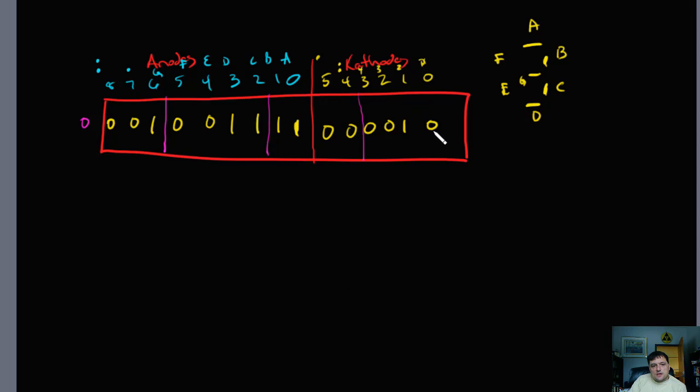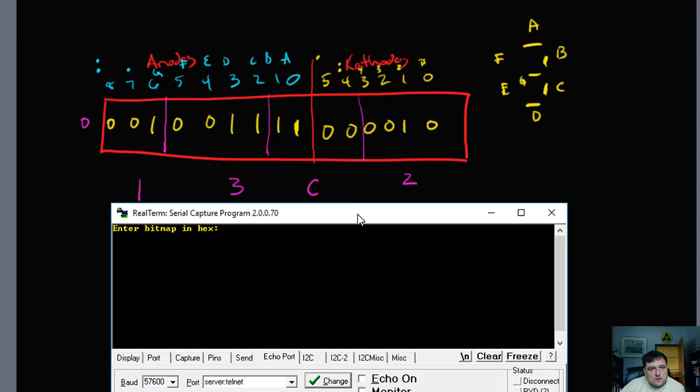Turning this into hex, that's a 2. There's a 1, 2, there's a 4 and an 8. 4 and 8 is 12, and in hexadecimal, that's C. There's a 1 and a 2, that's 3. And there's a 1. So if I were to bring up the display and type in 13C2,